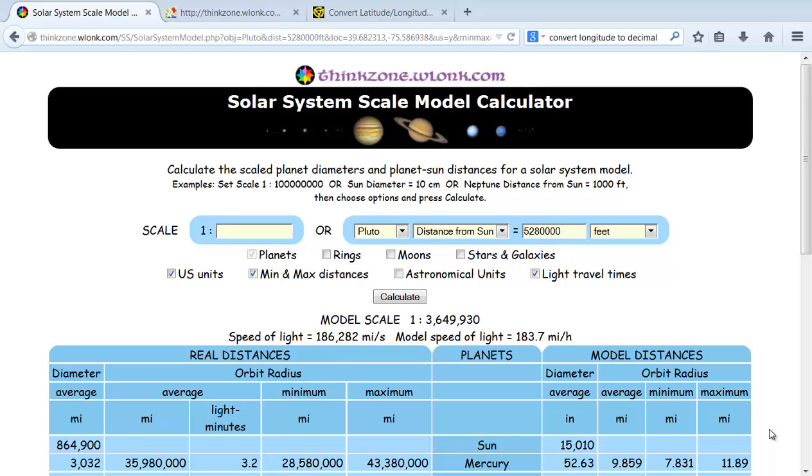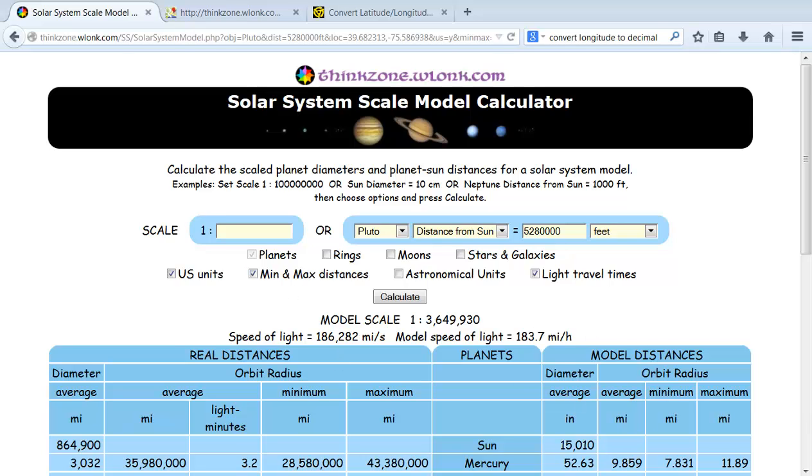So I've created a link to this solar system calculator, but if you just type in solar system calculator and go to the one for this think zone, you'll get to this one. There's a couple things that you need to come up with in order to get started. It would be great if you knew the GPS coordinates of where you were going to put the sun, and if you just would write those down. A good place to get those is Google Earth,